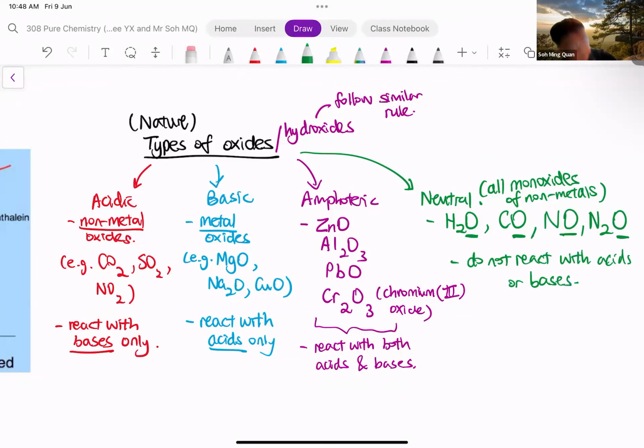Okay, and those are the 4 types of oxides, which you should be familiar with because this is important later on for QA. Okay. Okay, and with that, that brings us to the end of the revision for acids and bases